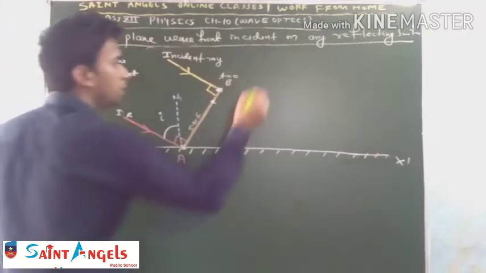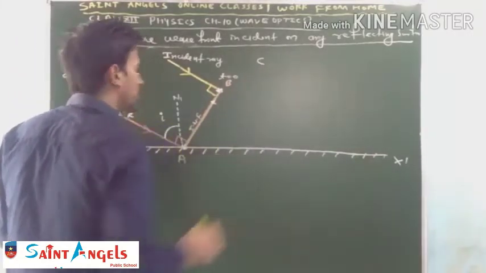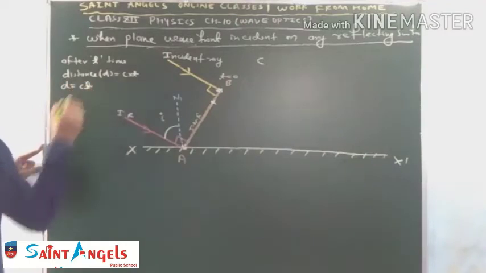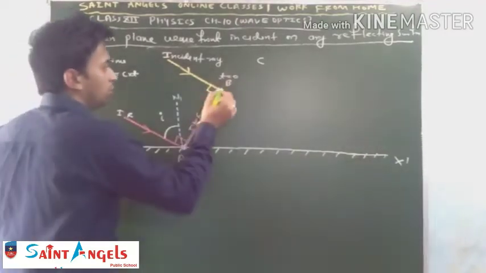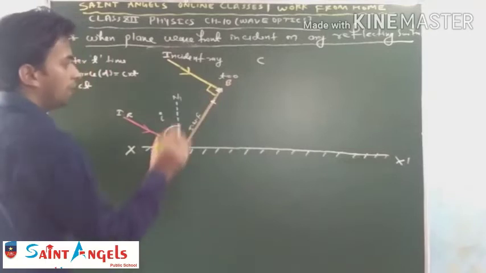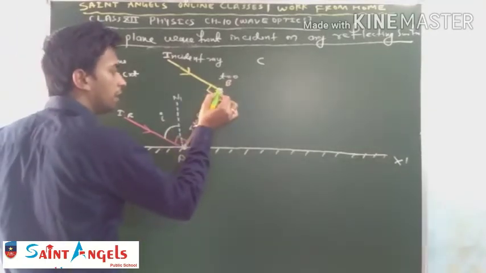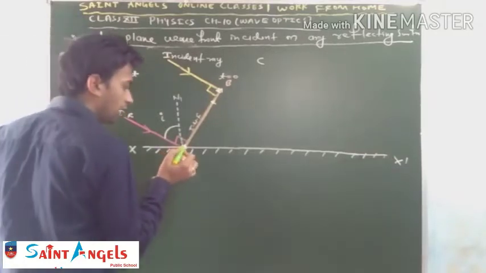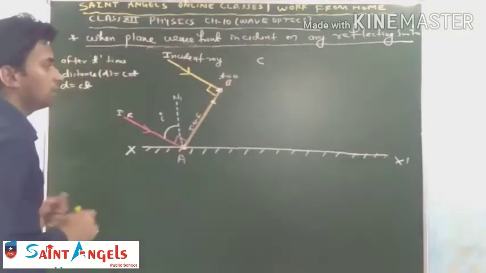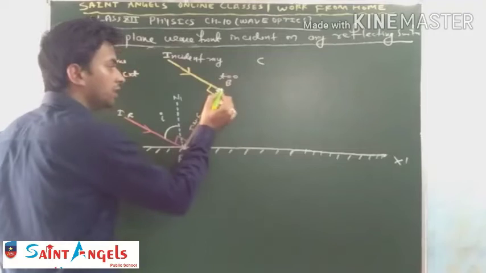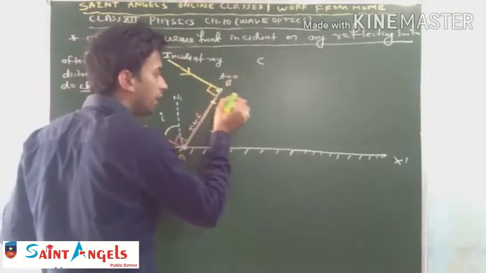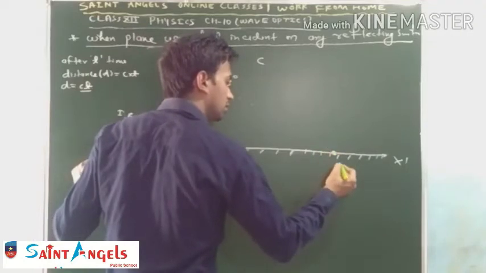Consider c is the speed of light in this medium, that is d equal to ct. So after t seconds, the particle at B travels a distance ct and the particle at A also travels a distance ct. Student, consider that after time t, B reached B dash